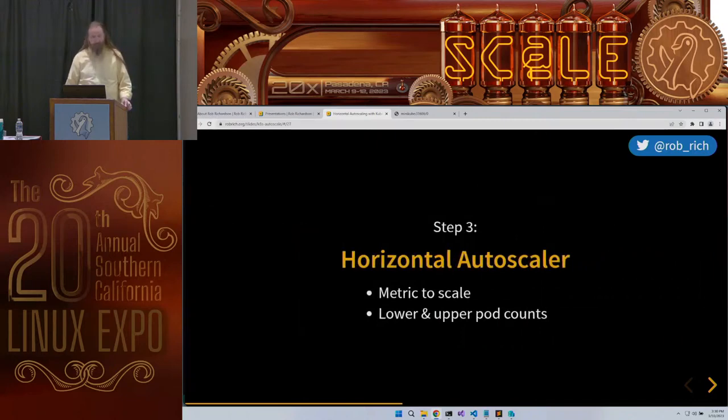Cool. So now that we've got our metrics server, we've got our workload, we're measuring the capacity of our system, next we'll add a horizontal autoscaler. And this is the built-in piece inside of Kubernetes that will go measure that metric and know if it needs to make decisions. So it's going to take a look at the pod counts and the resource limits and try and get it as close to that resource limit as it can without going over. And if it goes over, it'll add some.